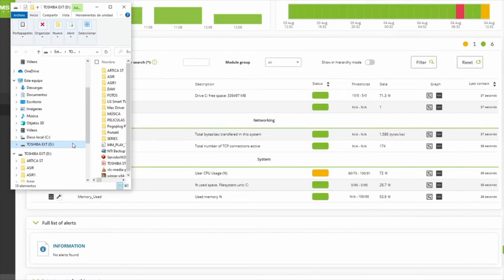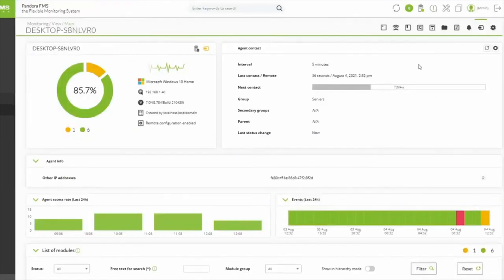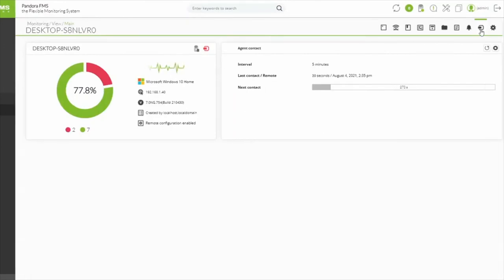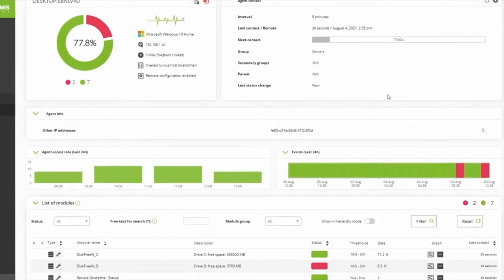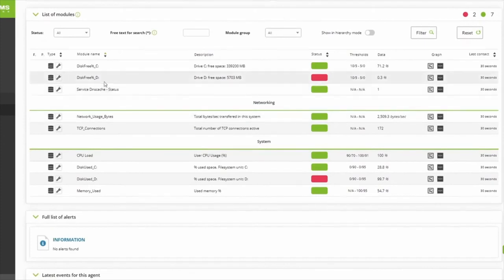Next, run a test to check the plugin's performance when adding new disks. What we're going to do is add a removable hard disk to one of the USB ports of our PC that we're monitoring with the software agent and wait for the agent's time interval to go by to check how data are collected. You can see that until now we were shown the data of the existing disks, but now